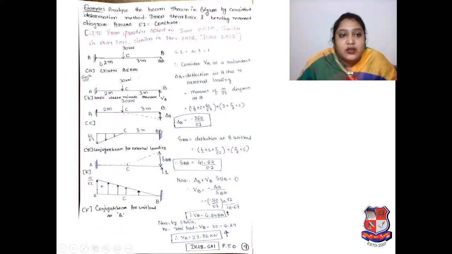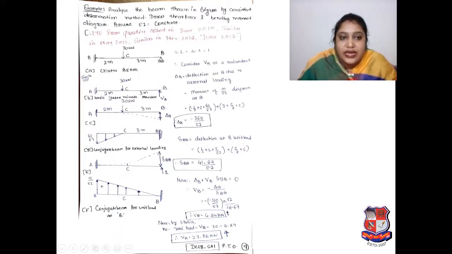So here, as per the data, fixed support is there, roller support is there. A 30 kilonewton point load is given at C, but just observe that the distances are not the same. Here is a 2 meter span, here a 3 meter span. So at first we have to remove the support and make a propped cantilever, means we have to draw the basic determinate structure.